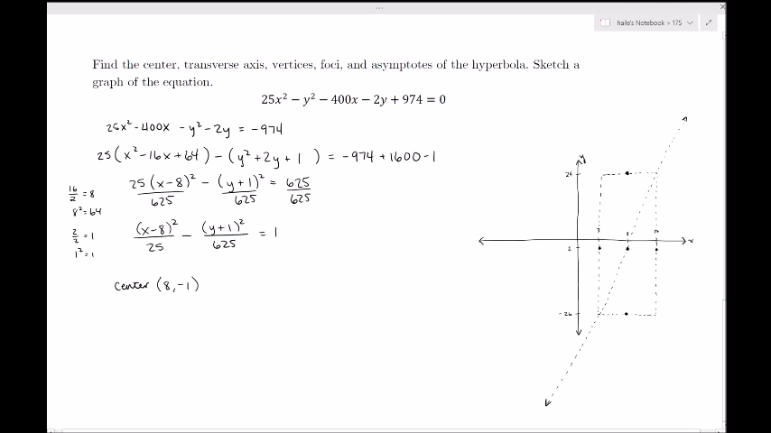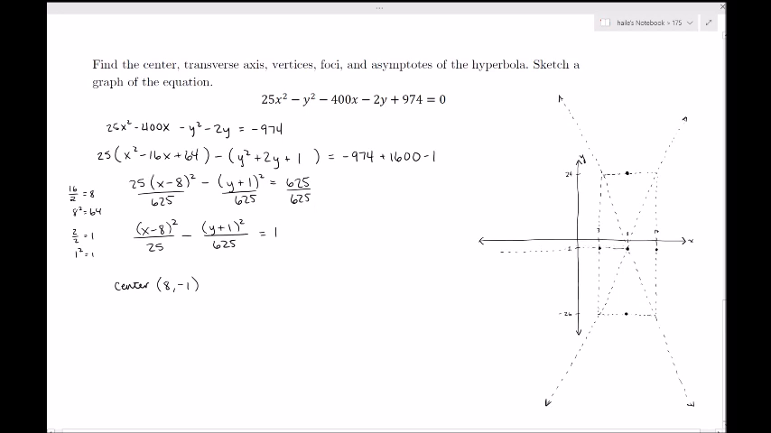And the other does the same thing in the other direction. So those are our two asymptotes. So now let's see what else we need to find. Well, we need to find the transverse axis, and the transverse axis is that axis along which the hyperbola is